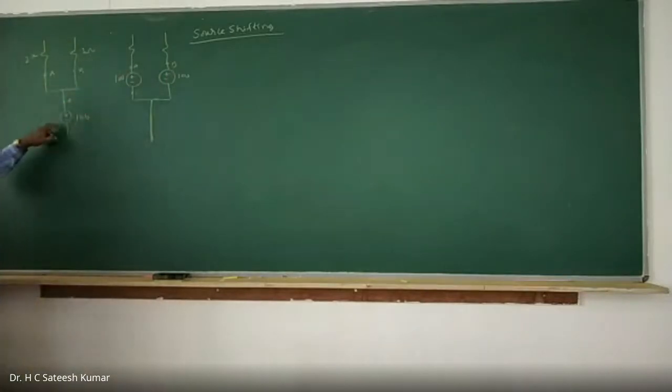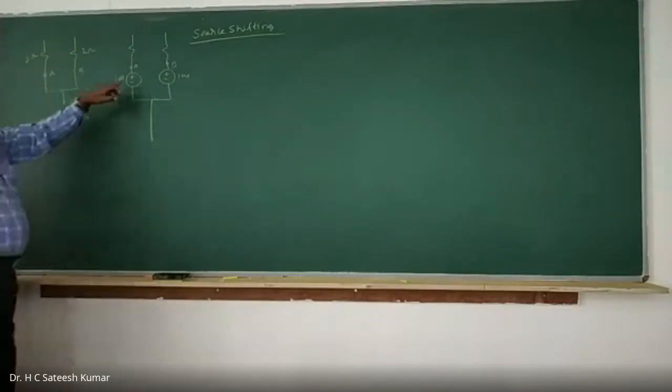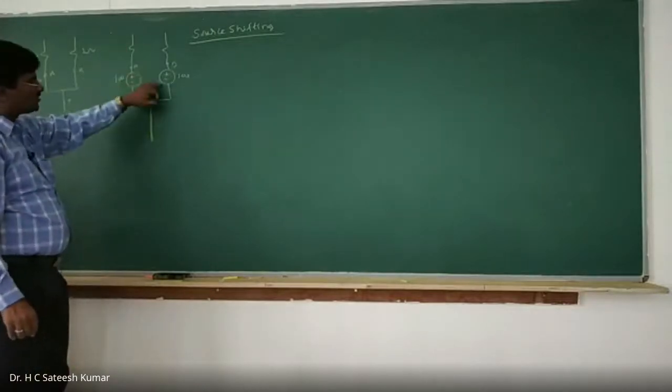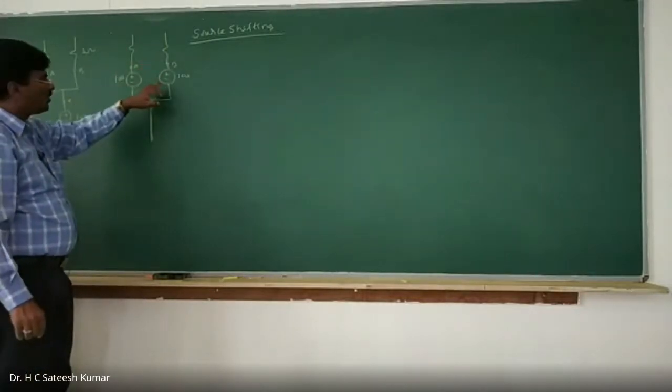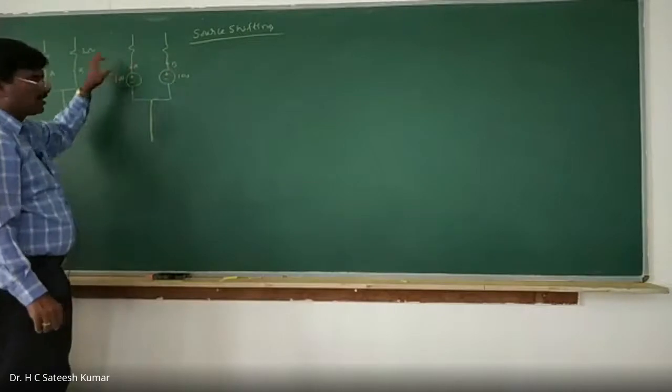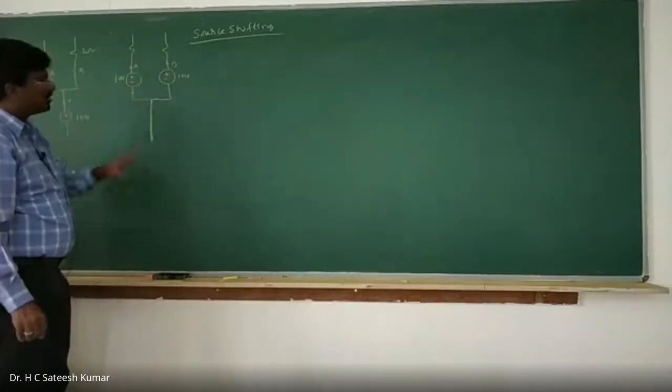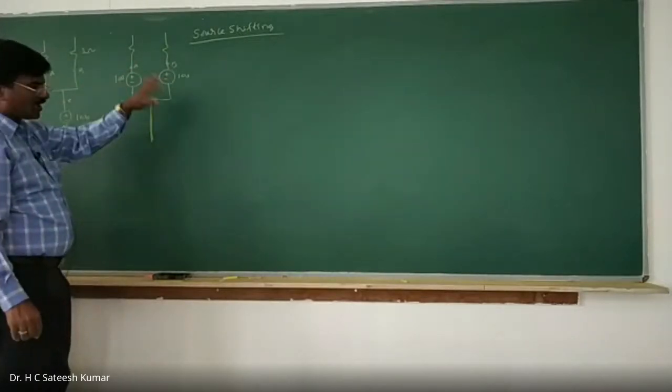See, whenever this circuit is there, I cannot simplify it, because any voltage source in series with the resistance I can simplify. Any voltage source in series with the resistance I can convert it into current source and I can simplify it. Now since there is no resistance, I cannot simplify it. Now what I did, I shifted this voltage source here as well as here, so that I'll get a voltage source in series with the resistance. Once there is a voltage source in series with the resistance here, and both of them are parallel circuit, then we can convert them into current source and we can simplify it.